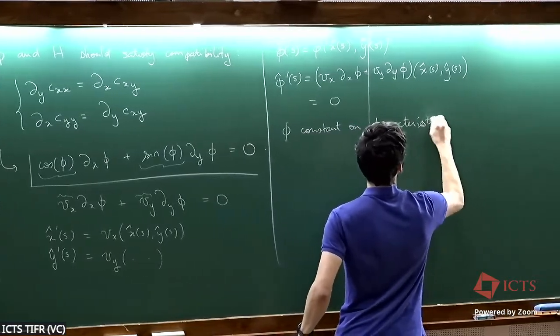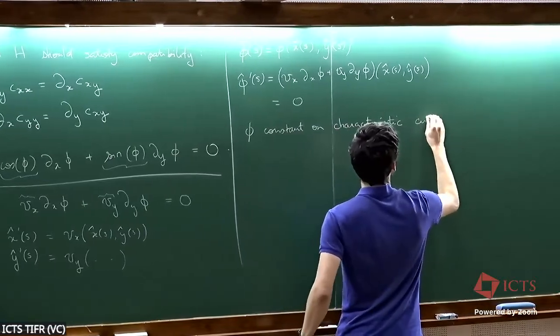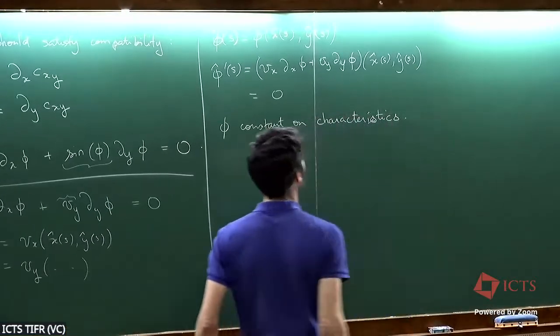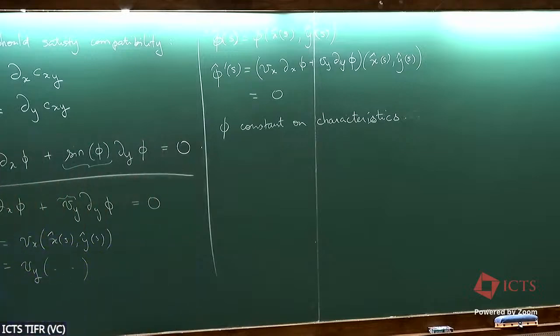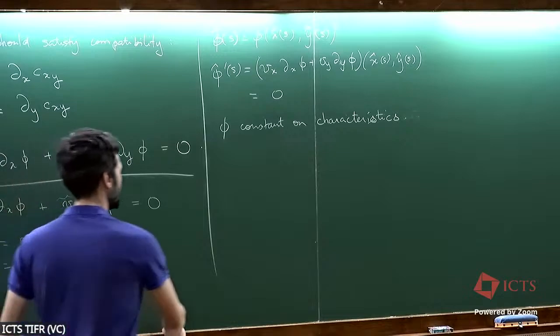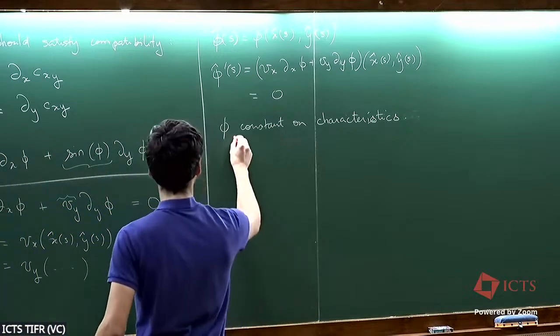These are called characteristics. This is how these curves are called. And so now I will solve for this. Since phi is constant, then Vx and Vy are also constant. Okay, so from this,